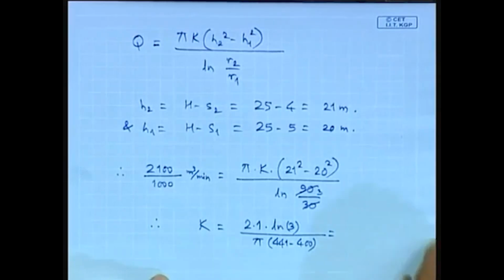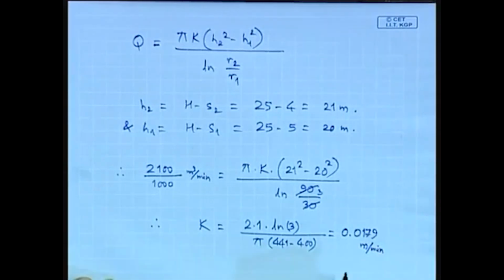So, this will directly give the coefficient of permeability K as 0.0179. So, this is meter per minute,